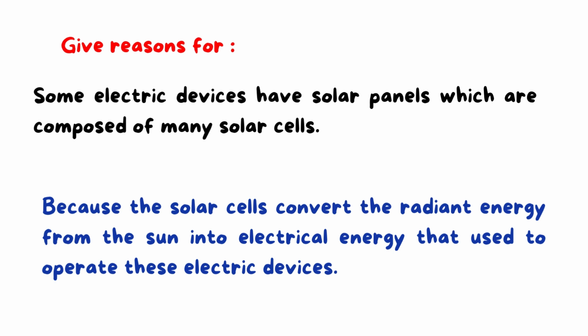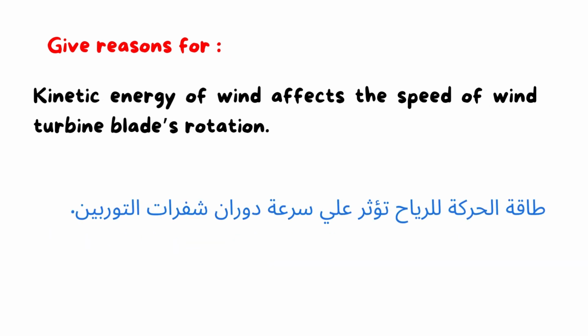So the solar cells convert the radiant energy from the sun into electrical energy that's used to operate the electric devices. So here, because the solar cells convert the radiant energy from the sun into electrical energy to operate these devices. Then we have: give reasons for